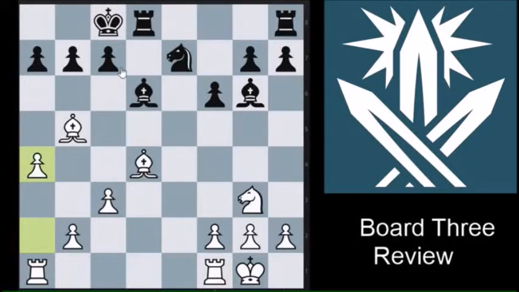Which I guess has the idea of, well, white doesn't really have any targets, and neither does black. So white is attempting to generate some sort of pawn storm on the queenside, which in principle is a fairly reasonable idea, but it ends up, well, not exactly quote-unquote productive in the sense that the queenside attack is sort of a long way away,